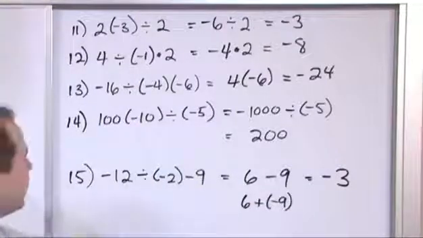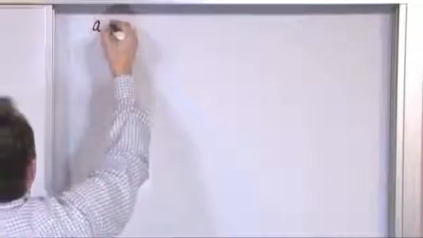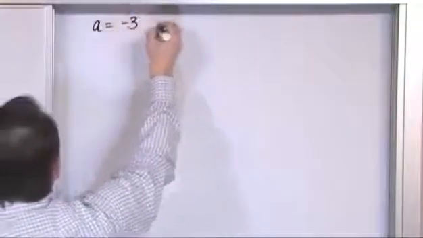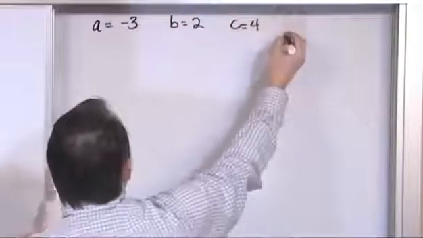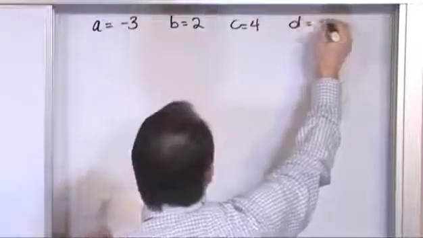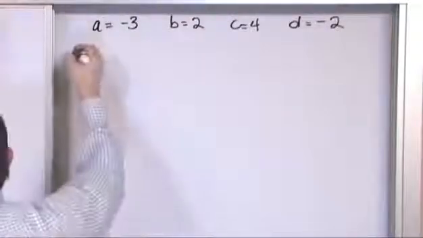All right, so let's go ahead and practice our substitution with our variables. So let's say we had A is equal to negative 3, B is equal to 2, C is equal to 4, and let's say D is equal to negative 2. And let's just work on a few of these things. Let's say we had